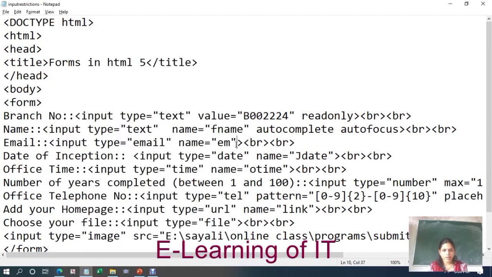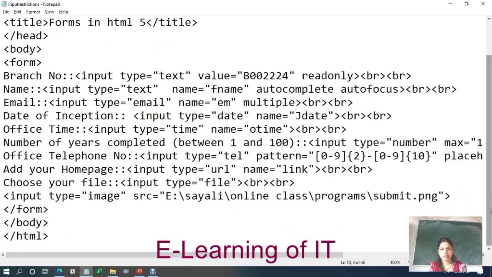For email you can specify multiple, so that you can enter more than one email into it, separated by a comma between the two emails. Then for a file also you can specify multiple, so that you can select more than one file.